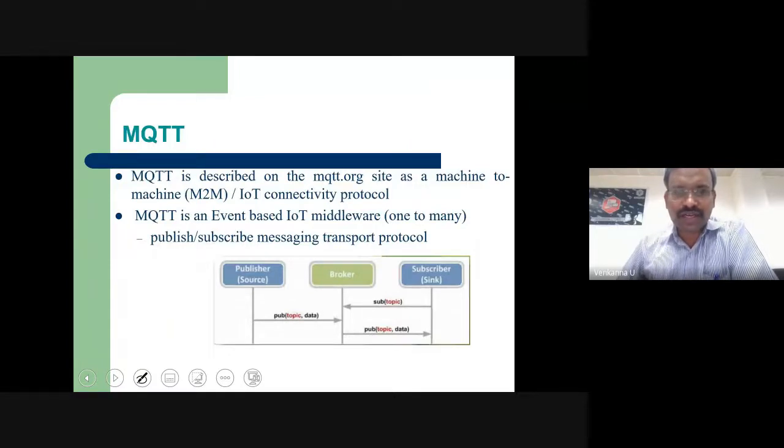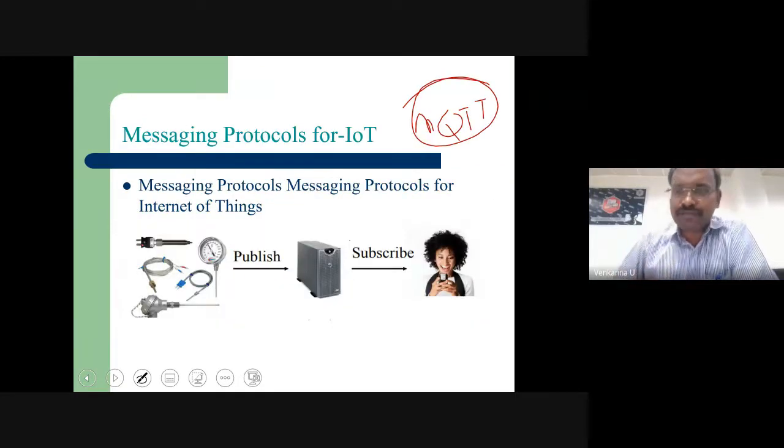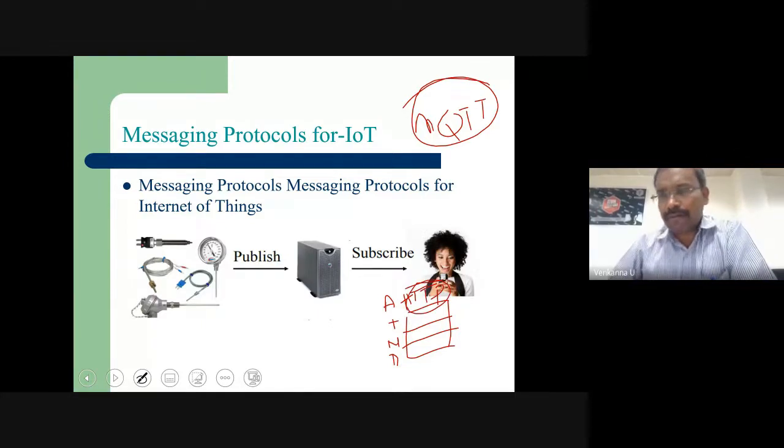How is it going to work? Your sensor nodes. Okay, first of all, what is this message protocol? I hope you already know that in the TCP/IP protocol stack, there are the data link layer, the network layer, the transport layer, and the application layer. There you have the protocol HTTP, Hypertext Transfer Protocol.